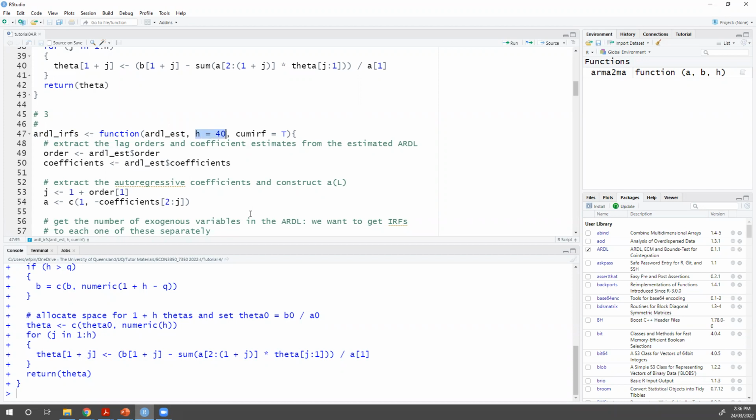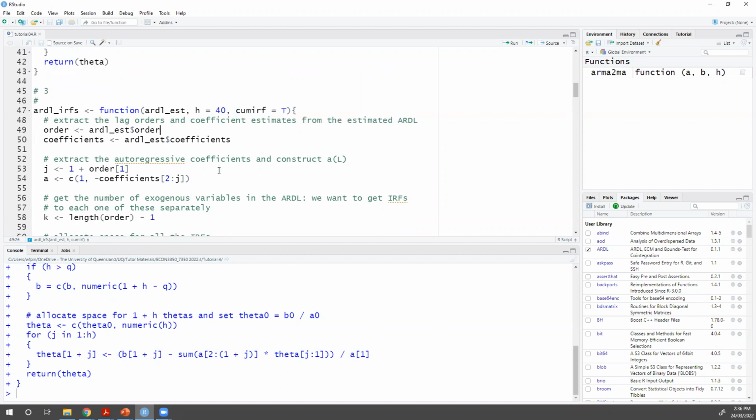We can also set default settings in these functions. If we make an argument equal to something, that means that is the default setting. And I'm adding another argument here called CUMIRF, which I'm going to make equal to TRUE. It will reflect whether I'm interested in seeing the shocks independently, time by time, or if I want to see them accumulated. If I want them accumulated, this argument will be equal to TRUE. So what we're going to do is take the